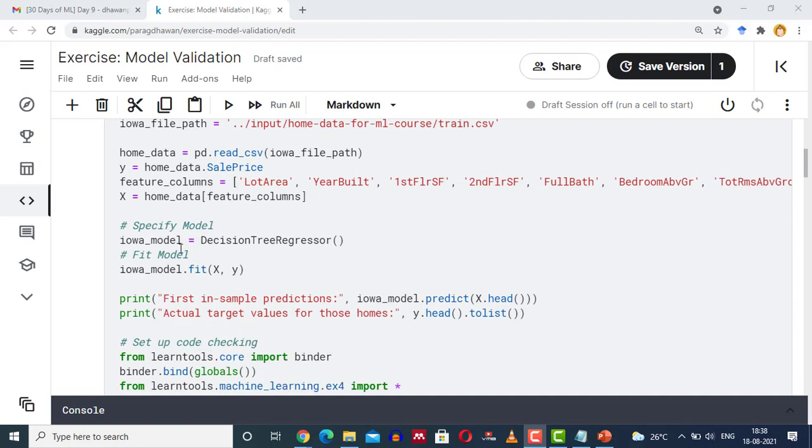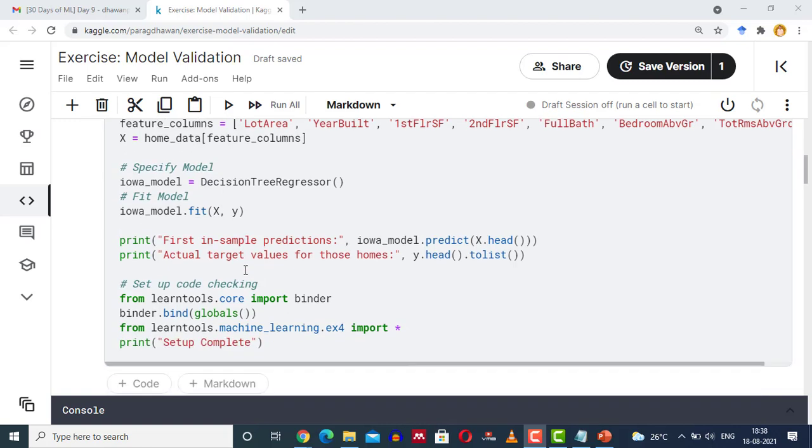Now we are creating a decision tree regression model, naming that model iowa_model. We are fitting the model on the features and target variable. We perform some prediction on the first 5 rows of our data frame. So iowa_model.predict(X.head()) will run the model on the first 5 rows of the input data frame.